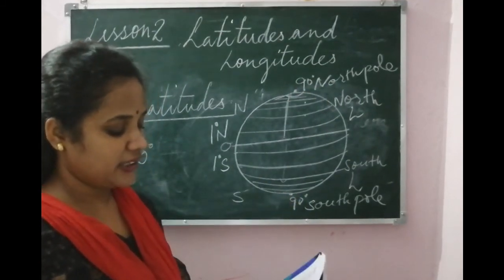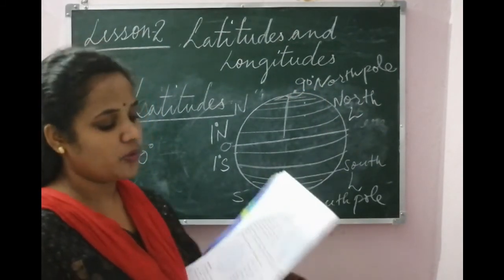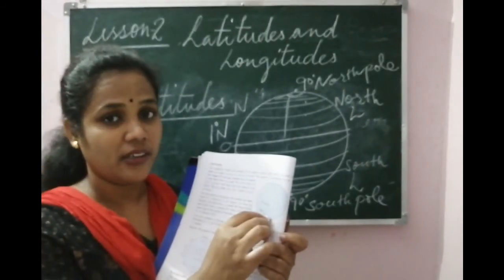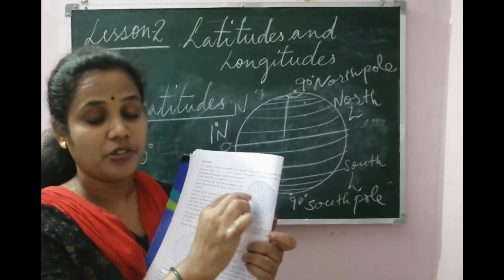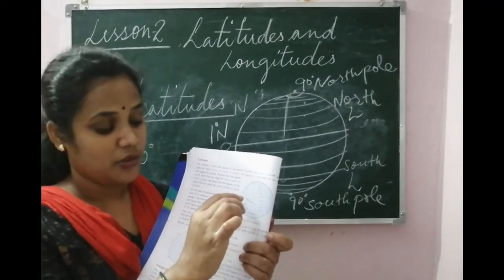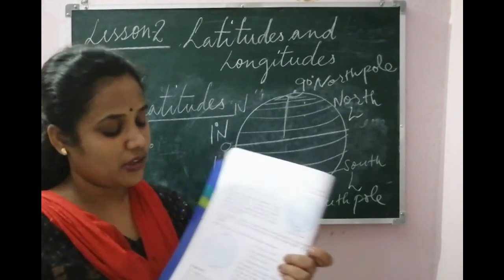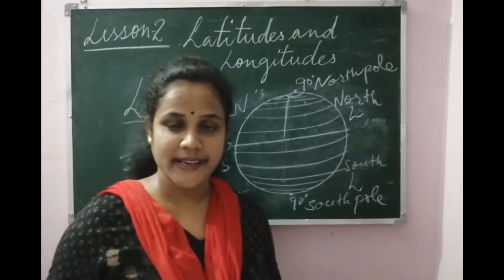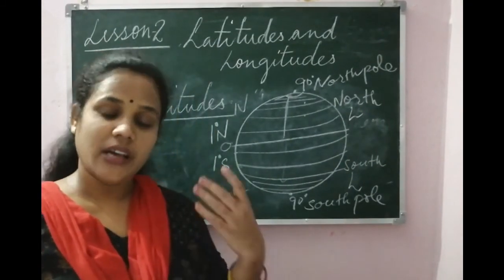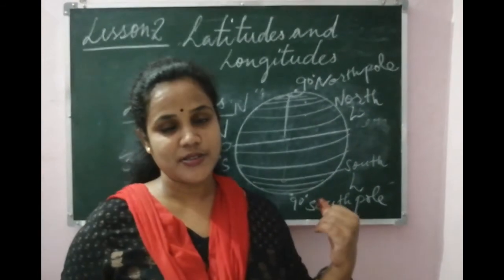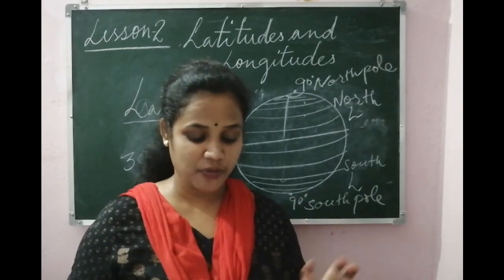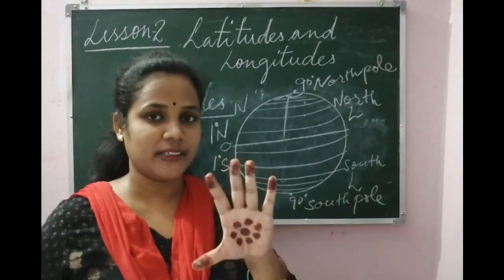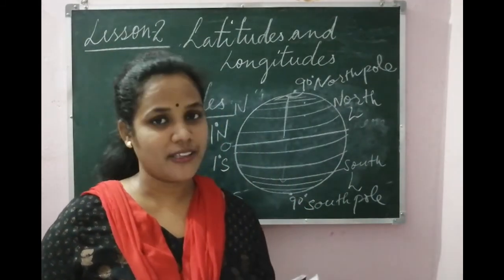Okay. And in the figure given in the book, each parallel is drawn at 10 degree interval, because 1 degree will be very difficult to draw in the books and copies. All right, understood? So this is about today's class. I will continue with the important lines. The next paragraph is about important lines of latitude. There are 5 important lines. We will learn tomorrow. For today this is enough.